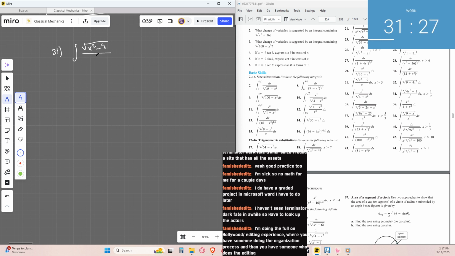Alright, so we got this. Yeah, this one looks pretty complex. So we have an X on top. So X will be equal to 3 secant. And then the derivative of that will be